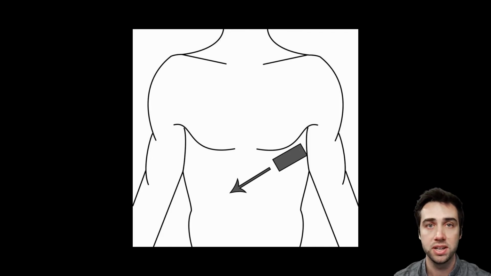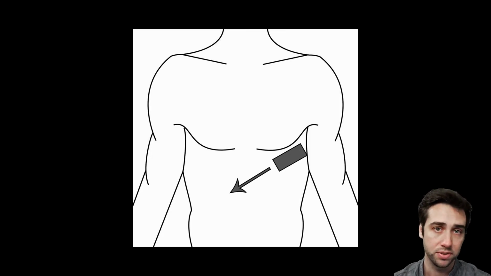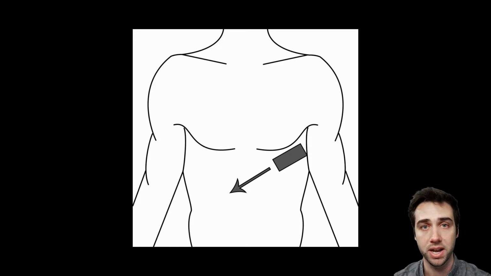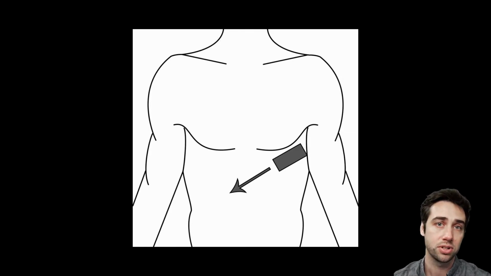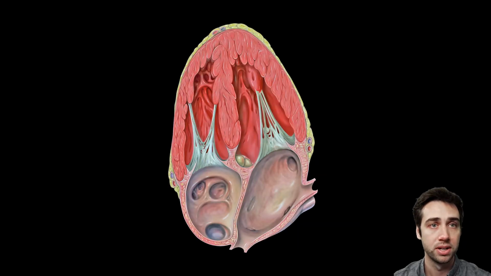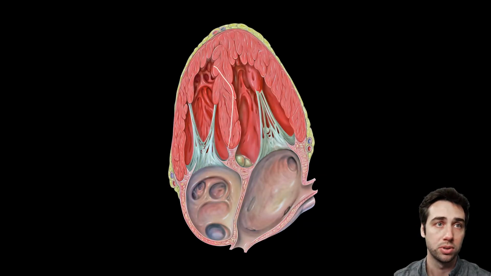This is probably one of the hardest views to find, so don't be discouraged if you can't find it, but you're going to go about 2 centimeters below the patient's left nipple if they're a man, or just right in the breast line if they're a woman. You're going to point the face of the probe up towards the heart, and the indicator is going to be towards the patient's right hip. This is the view you're going to be looking for, with the right ventricle here and the left ventricle here,